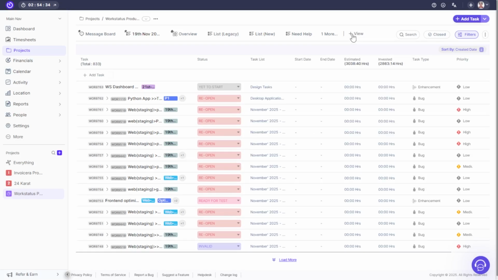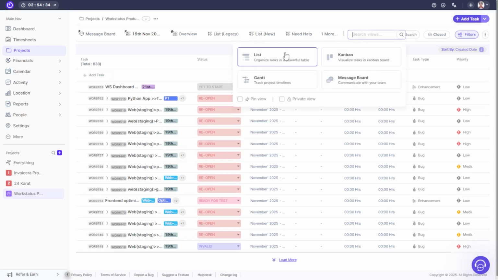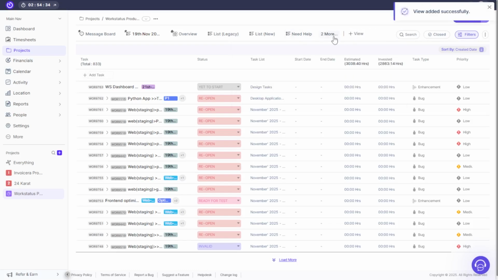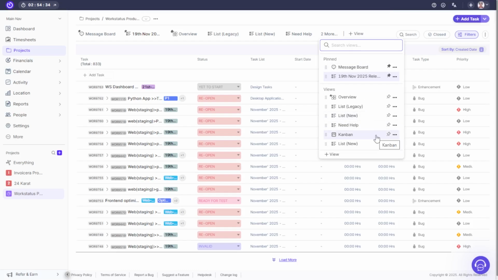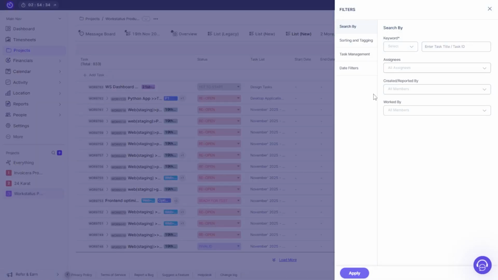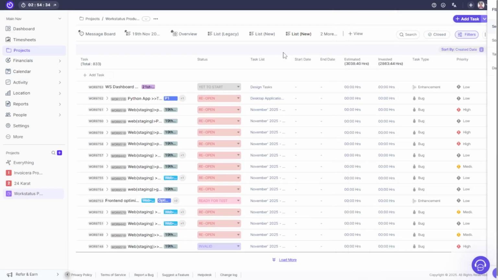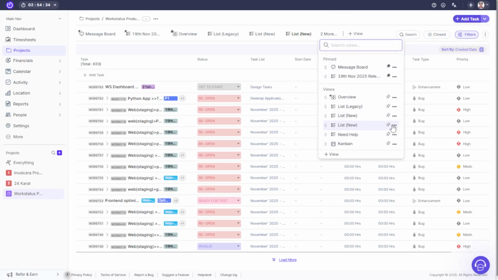You can make your own views by clicking on whichever view you want to make, for example, a list view. Now this view is added. You can click on the two more option, and this is the view that you just made for yourself. You can filter the data, save it, and also rename it. Click on this again, and since you are here, it is going to highlight it like this. You can click on these three dots. Now you can rename it, make it the default, duplicate or delete it.